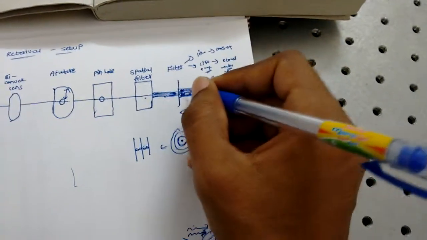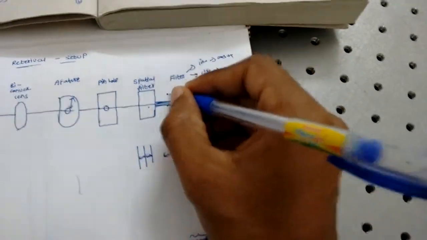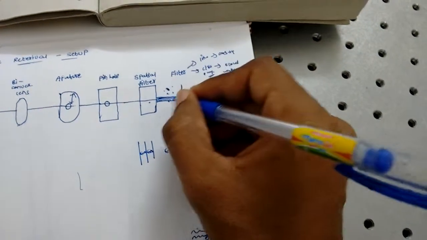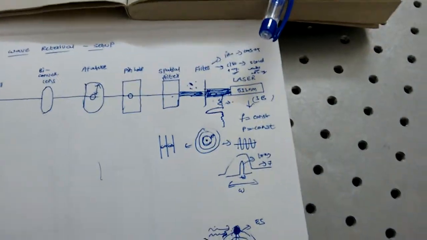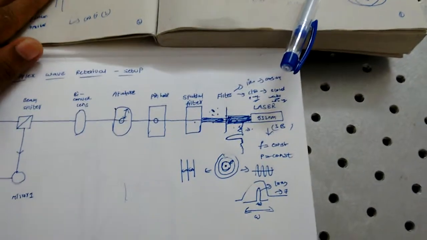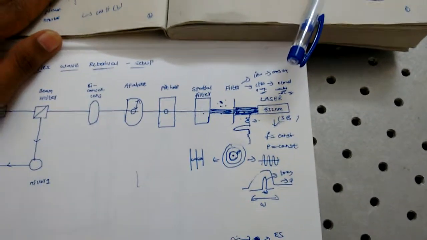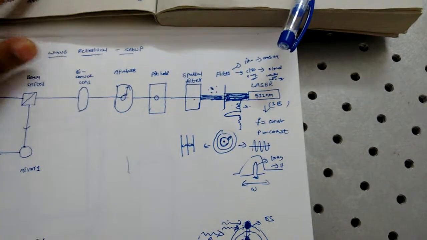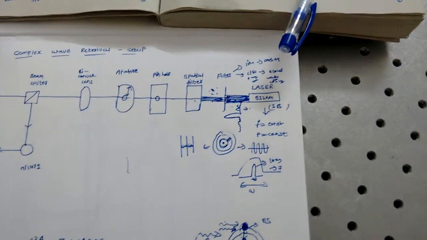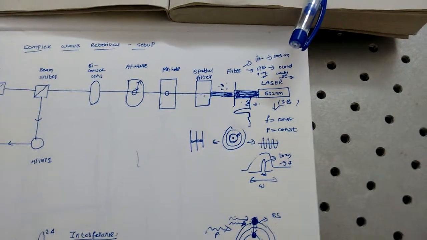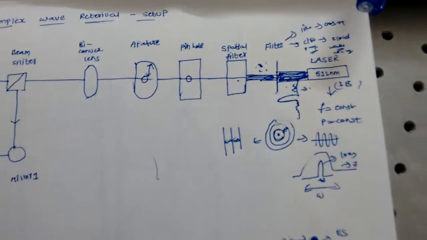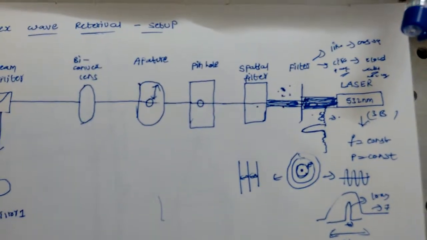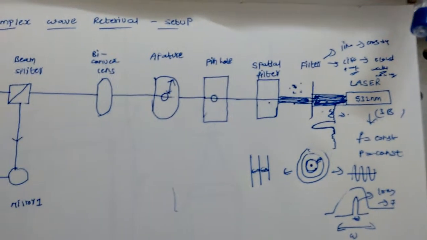Also, after the filter we can get some dust particles that may scatter the light, so that also will increase the side lobes of the laser light in the beam width. In order to produce a clean Gaussian beam, a spatial filter is used to remove the unwanted multiple-order energy peaks and pass the central maximum of the diffraction pattern. I will show you what the components are in that spatial filter.